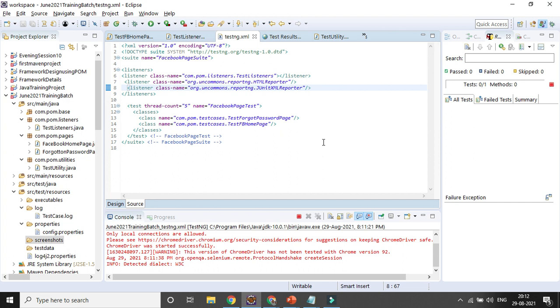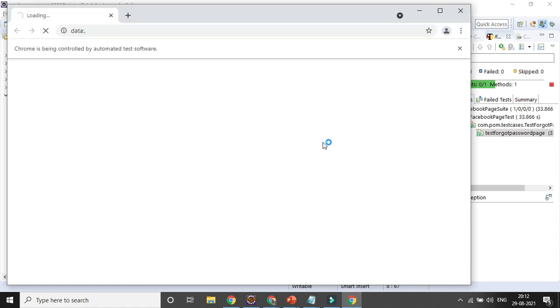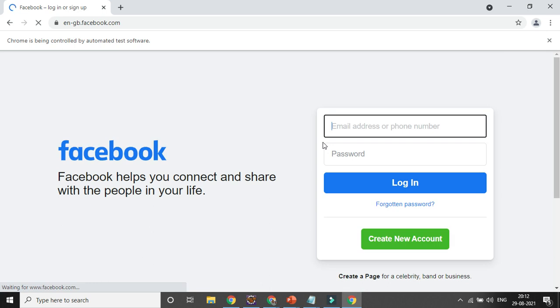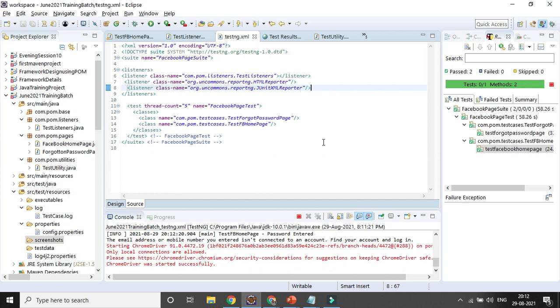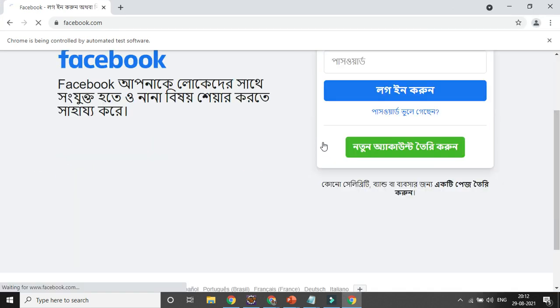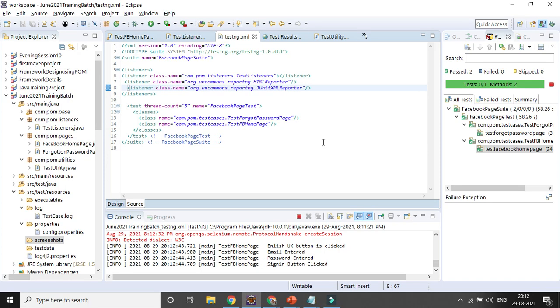It will execute all the test cases one by one, and definitely one test case will fail here. So all the test cases got executed.